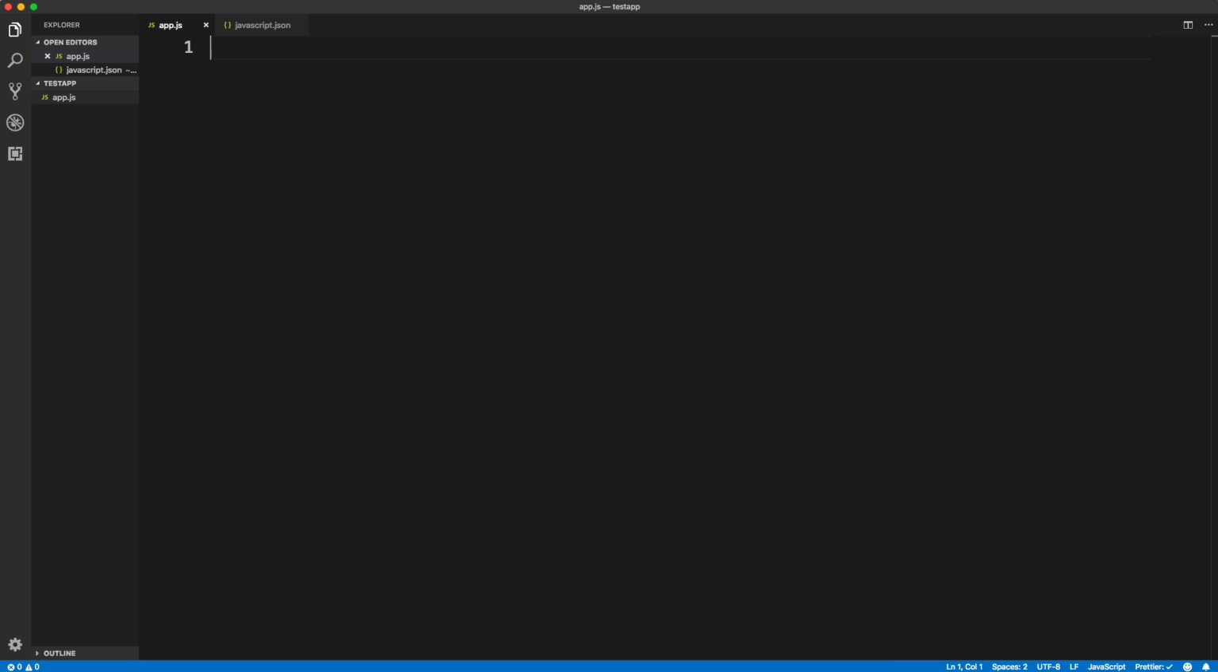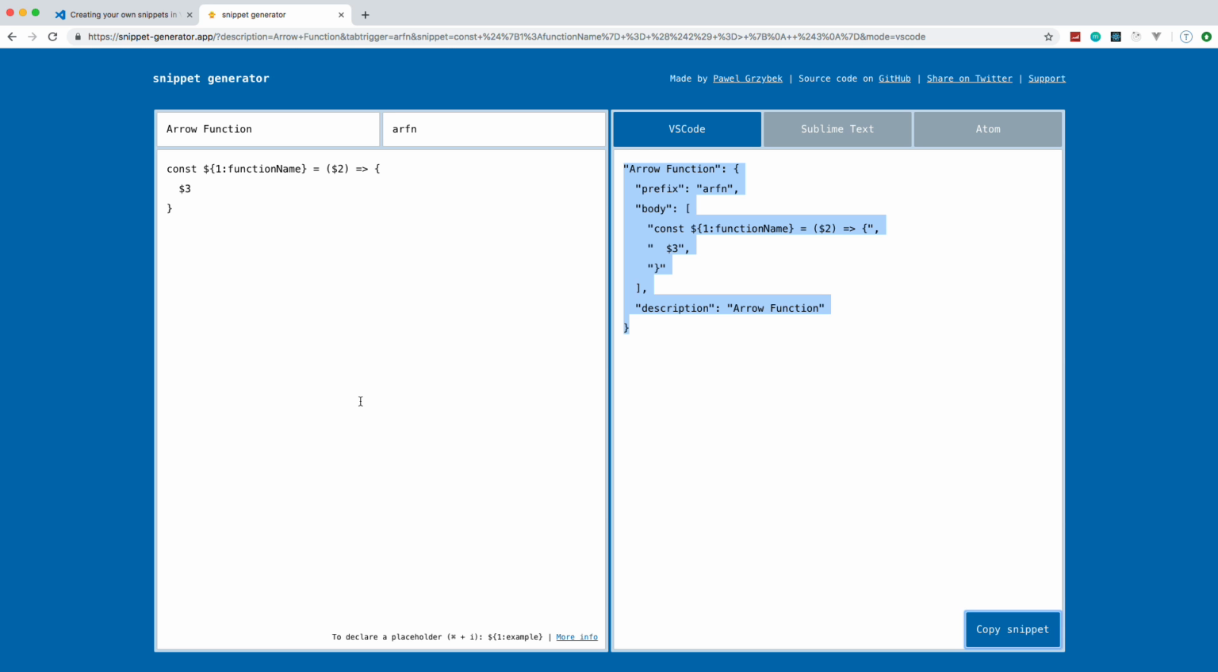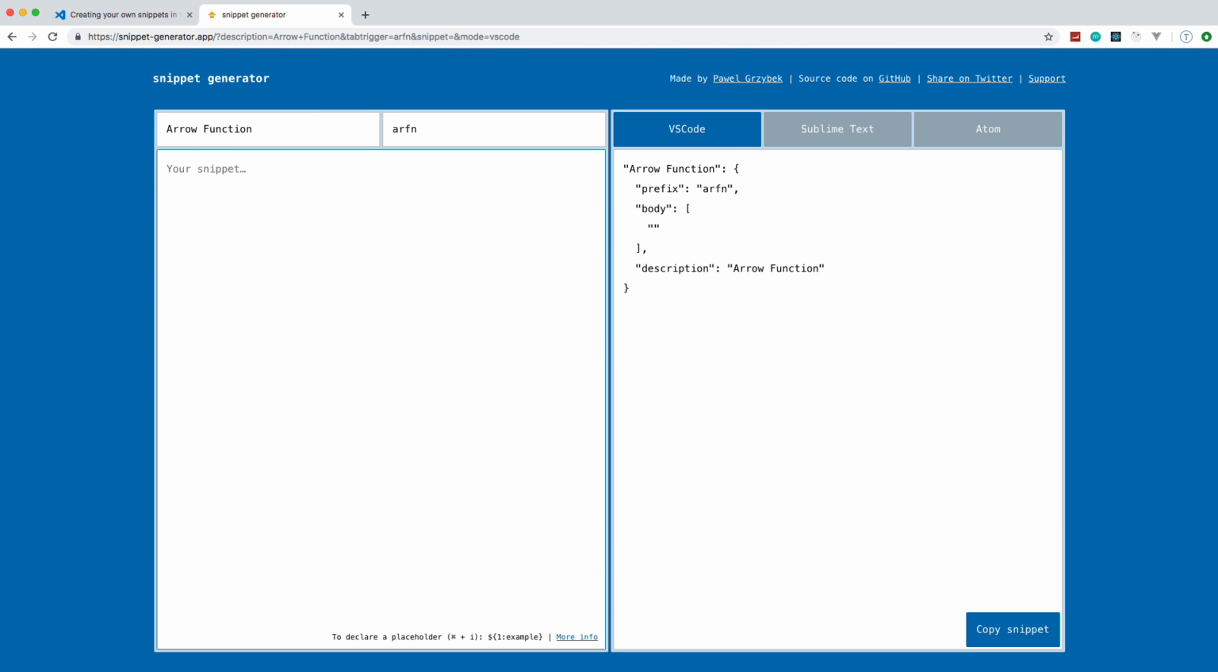Alright, so the next thing I want to look at is choices. So we can actually have a drop down of choices. What I want to do is create a snippet for array methods. So higher order array methods like forEach, map, filter, reduce. There's tons of them. Those are some of the more common ones. So I'm going to call this, let's say, array method. We'll use